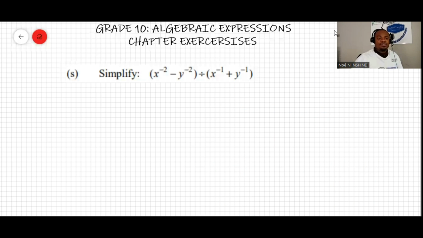Well, we have another question here. Question S says simplify this expression. Note that we do have a negative exponent here. There is a property that says if you have a to the negative m, this can be written as 1 over a to the m. Another property says that a over b divided by c over d